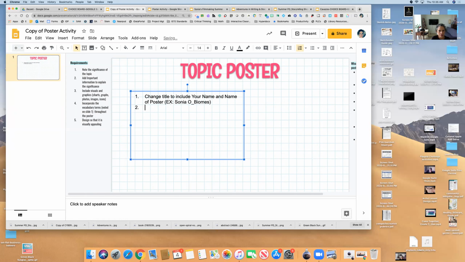And then 2, create your poster using whatever your guides are. And then 3, turn in your poster in this Padlet. And then you would put the Padlet link.